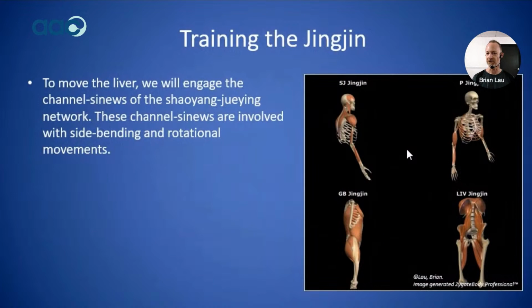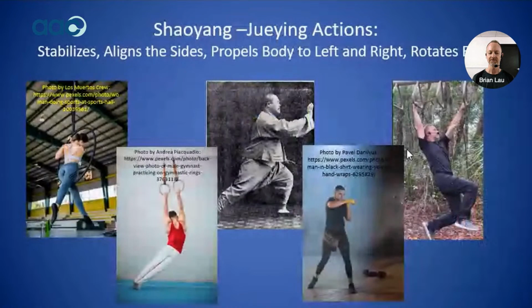All right, so when we're doing these rotations, like I mentioned, sometimes you have movements that work a channel. But by and large, functional movements, we're looking at networks. And when we're looking at side bending and rotation, we're looking at the Jue-Yin Xiaoyang network. So all of these channels have something to do with rotation. And if that rotation is going through the pelvis, through the spine, through the shoulder girdle, then we're having both the arm channels and the leg channels of these Jue-Yin and Xiaoyang channels exercised. So it's really more of a functional network that we're going to be exercising, but I'm kind of highlighting the internal pathway of the liver channel.